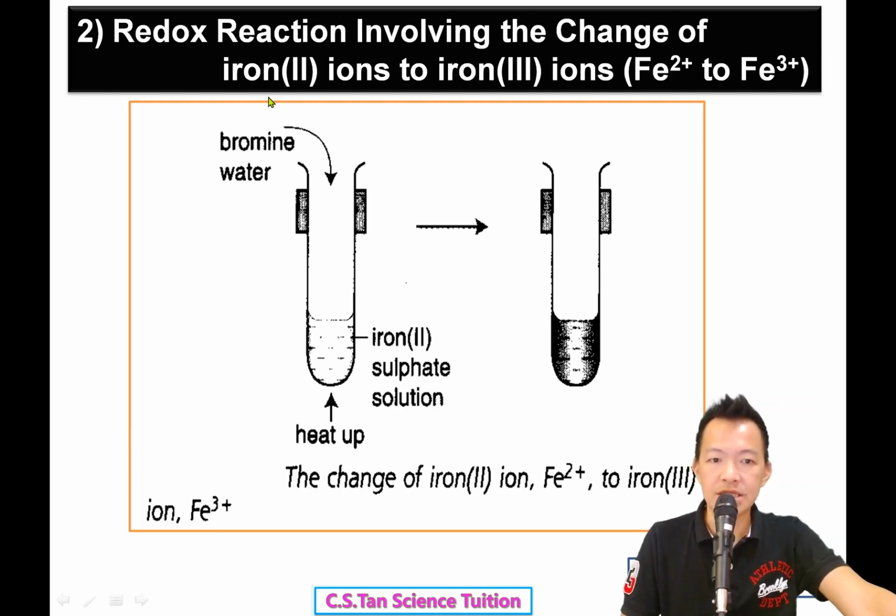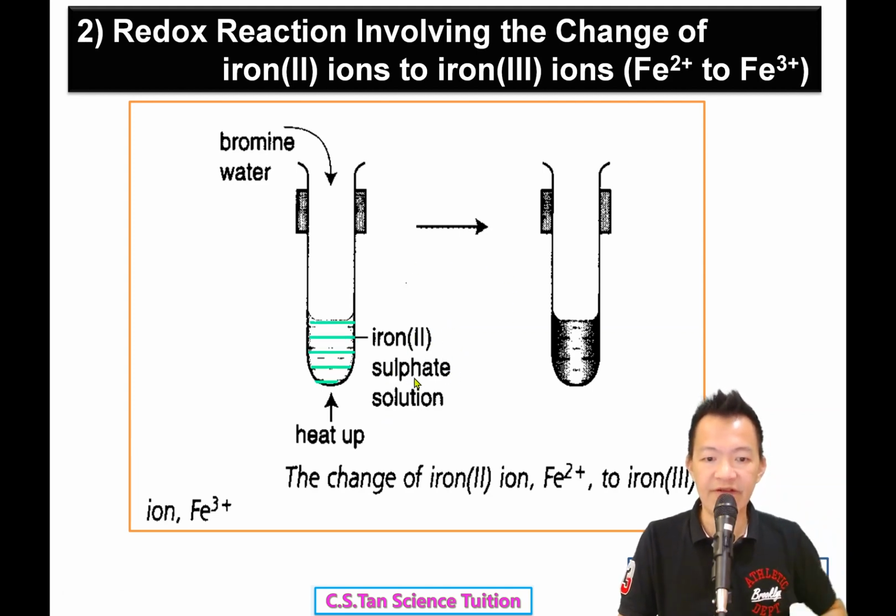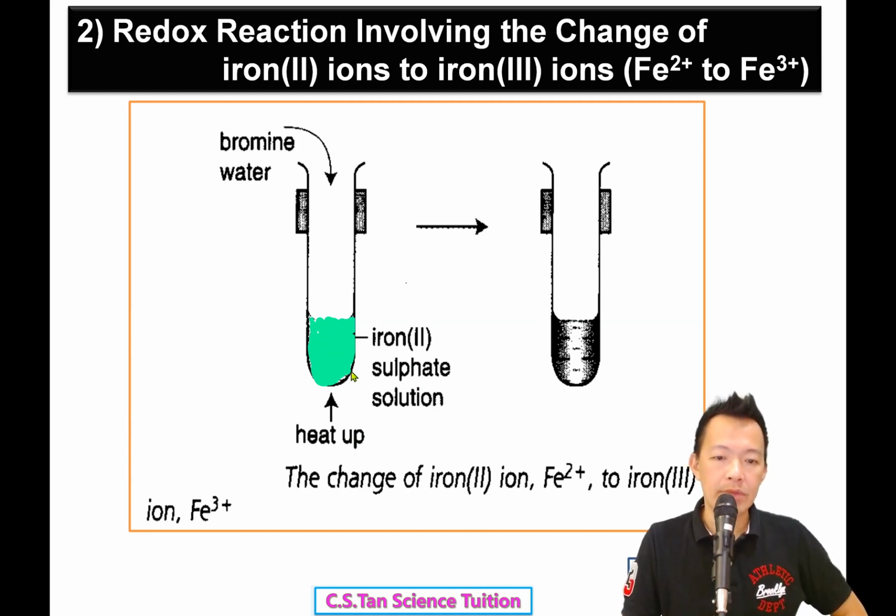Redox. Iron 2 ion changes to become iron 3 ions. 铁2变铁3就是一种 redox. So now I prepare iron 2 sulfate solutions. What is the color of iron 2 sulfate solution? Iron 2 actually is green color. Sulfate actually is colorless. So iron 2 sulfate, it is green color. 它是青色的。